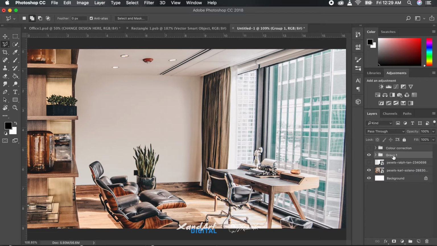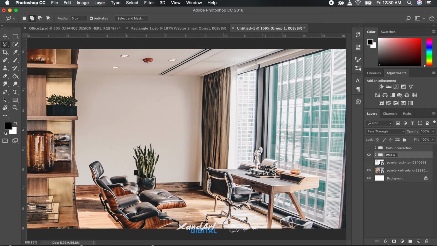Now if you're doing this for a brand, it's important to make the overall feel and color correction in tune with the rest of the branding. A shortcut I use for that is the gradient map tool.